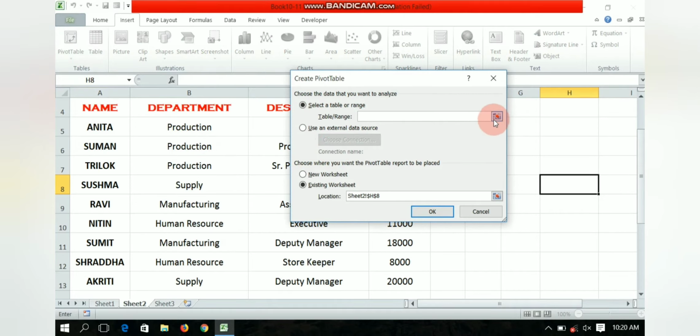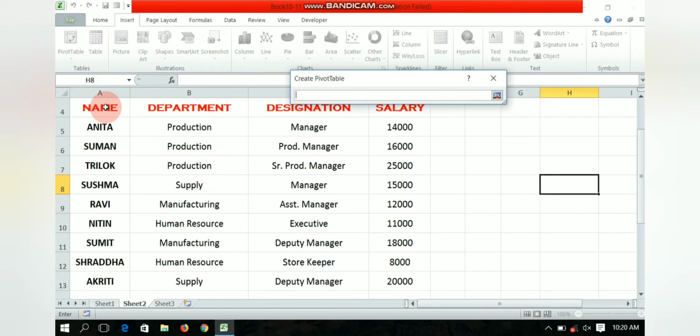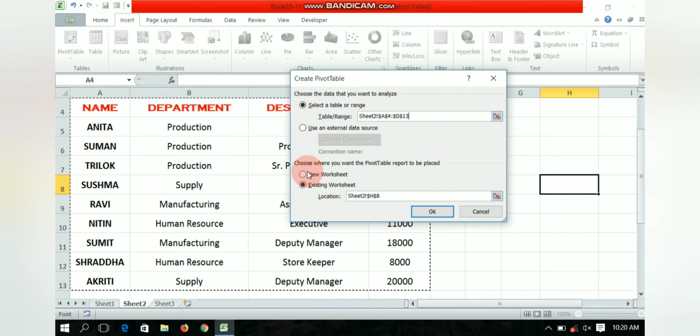Here you need to select the range. You have to select the whole table where you have put the data, and after that click on New Worksheet, and after that click OK.